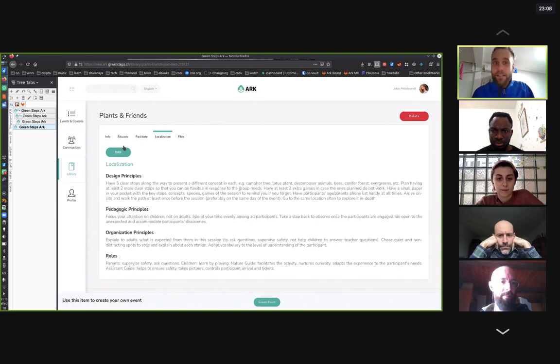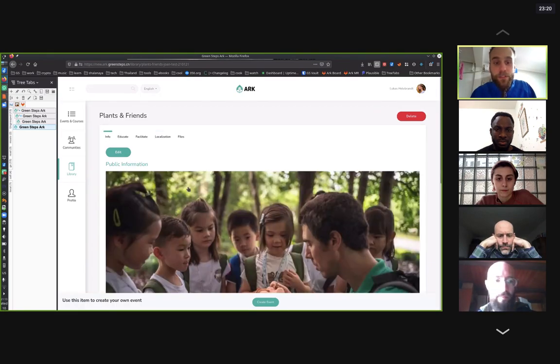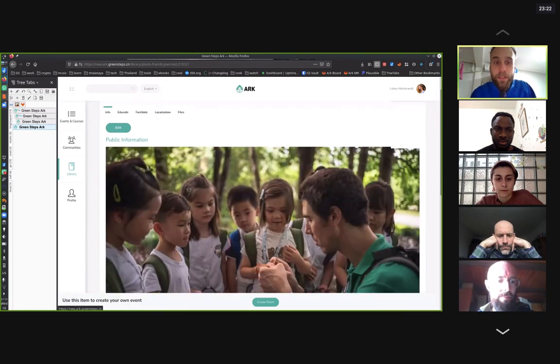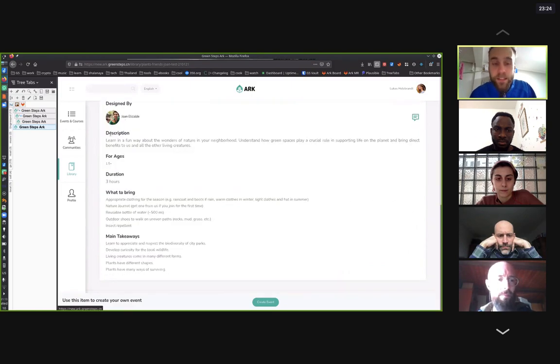These library items at the current stage are public, all of them, but later on we're thinking to only have this first page public, which is basically the publicly accessible information that is then later used to create the events, and all the rest is only for the educators. So this is the first iteration of it,